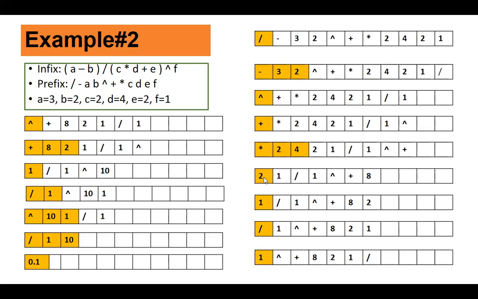Okay. Now 2 is an operand. So whenever you come across an operand, just directly delete it and insert it at the rear. Again, next what you read is 1, again an operand, delete it, insert it at rear. Now front is pointing here. Now again, this is an operator which is not followed by two operands. So what you do, delete it, insert it at the rear. Fine. Again, now front is pointing here.